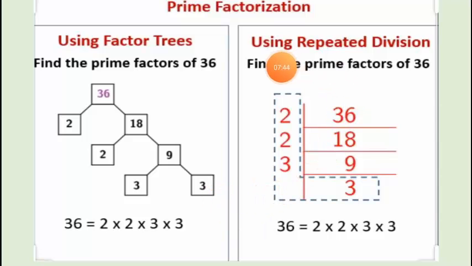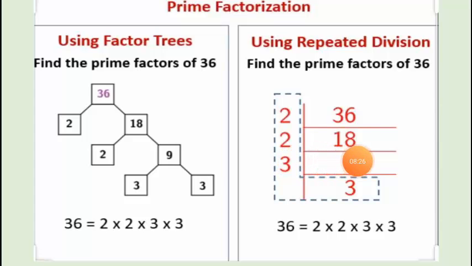Is it clear? Now if I talk about this repeated division method to find the prime factorization for the same number, let's say that number is 36. So here we form the column and we start dividing that given number from the smallest prime number, that is 2. So we know that 2 18s are 36. In the same manner, as we have learnt about the divisibility rule, till the time we find any even number at the unit place of any given number, we will keep on dividing that number with the smallest prime number 2.